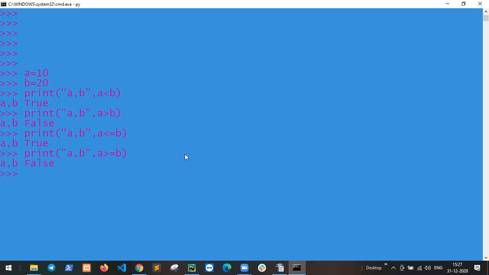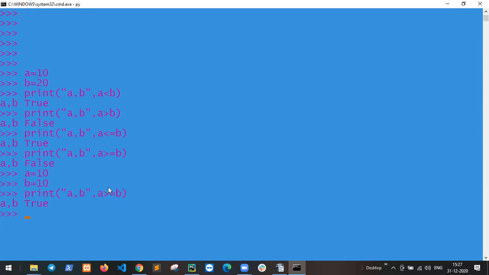If I take an example: A equal to 10, B equal to 10. A greater than or equal to B. What is the result? True. Why true? Because equal to is the same, but greater than is false.